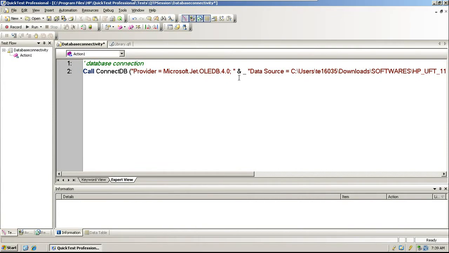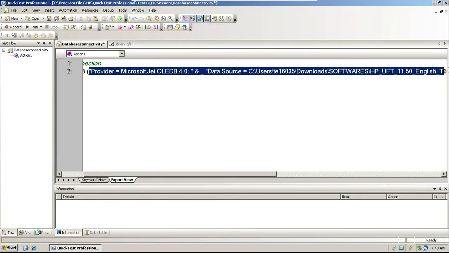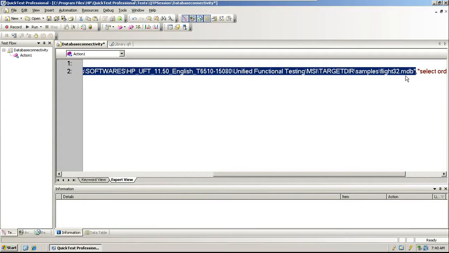This whole thing is a connection string. Yesterday Gautam asked one question: how to create a connection string. The connection string for the QTP flight database, QTP will create automatically. But in your project, you have to ask the DBA for the connection string. Only the DBA will give it. Here .mdb is your Microsoft database. If you have Oracle or SQL Server or DB2, accordingly the DBA will create the connection string for you. So you must ask him.